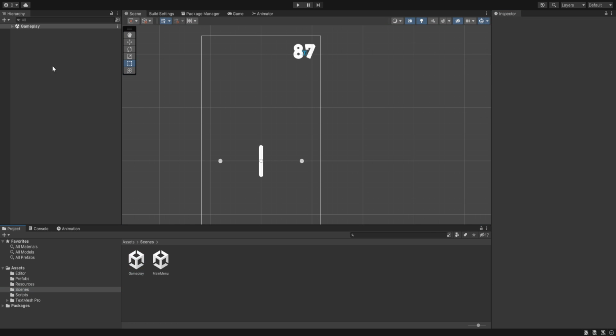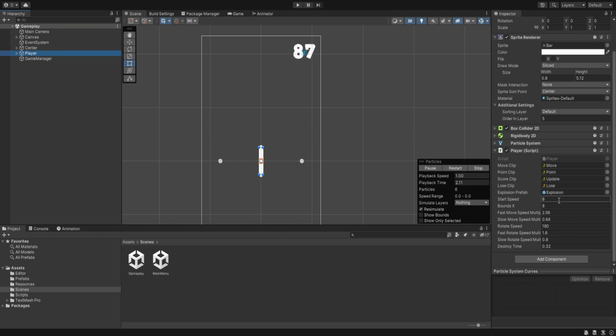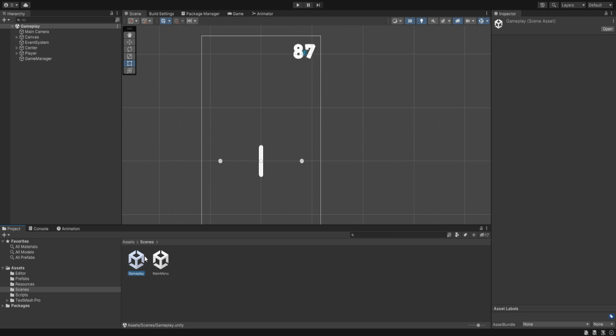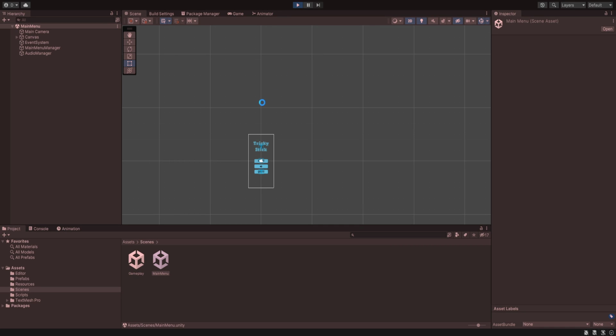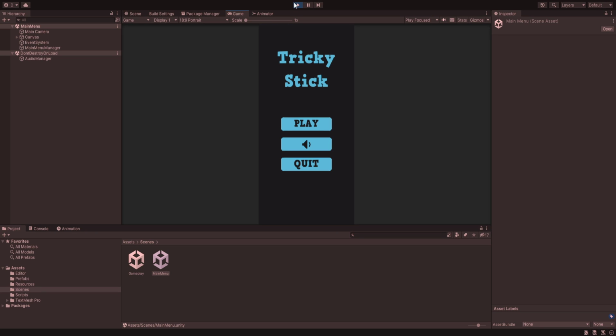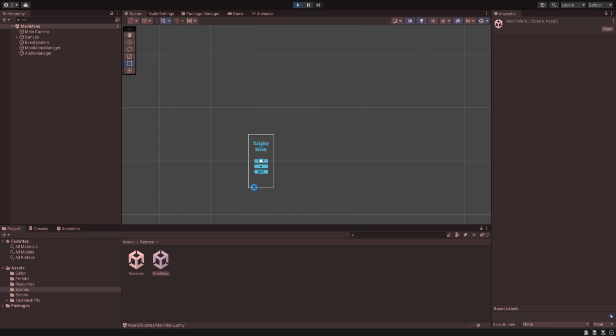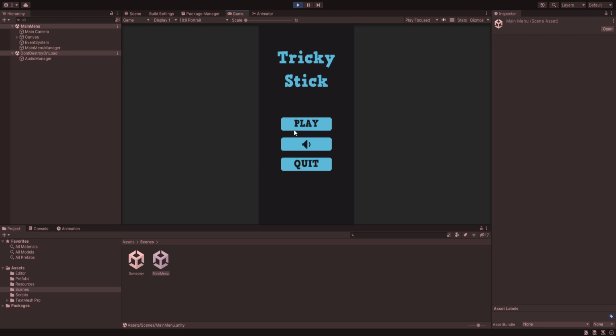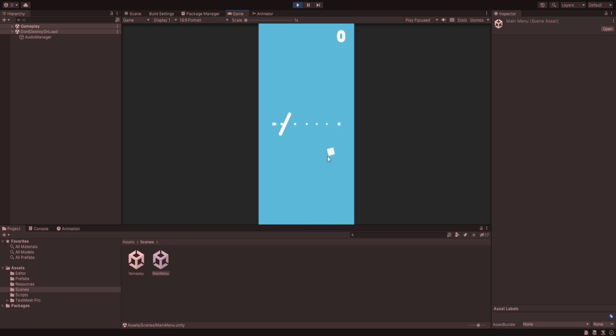And finally, inside our gameplay, for our player, the speed is all right. And let's go inside our main menu and hit play and see if any of our settings work. So it is working fine, but we are not getting